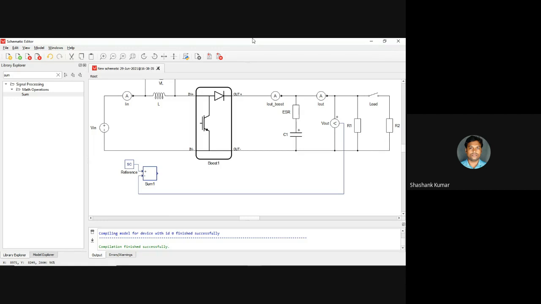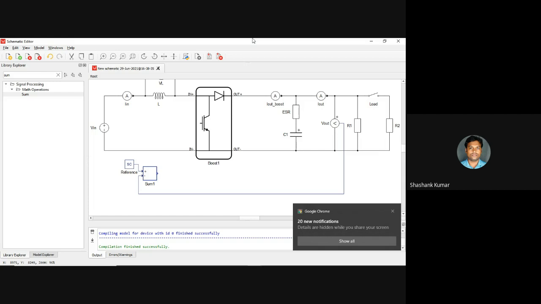But what I'm trying to make you understand is the difference between the reference signal and the carrier signal. All of you have studied the communication system. There are two kinds of signals. First one is the message signal. Second one is the carrier signal. The message signal is always wrapped with the carrier signal, and it is transmitted from one place to another with the use of the carrier signal only. If we transfer only the message signal, it is not going to transfer. Same thing in power electronics. Whenever we need to control any converter, we need to put a carrier signal with a reference signal.